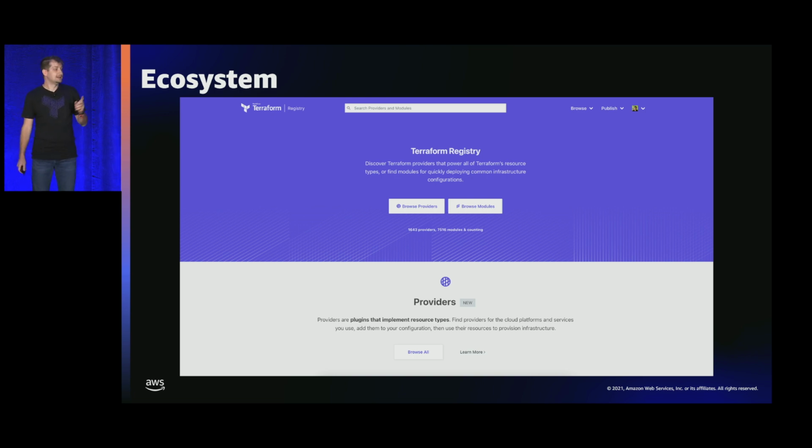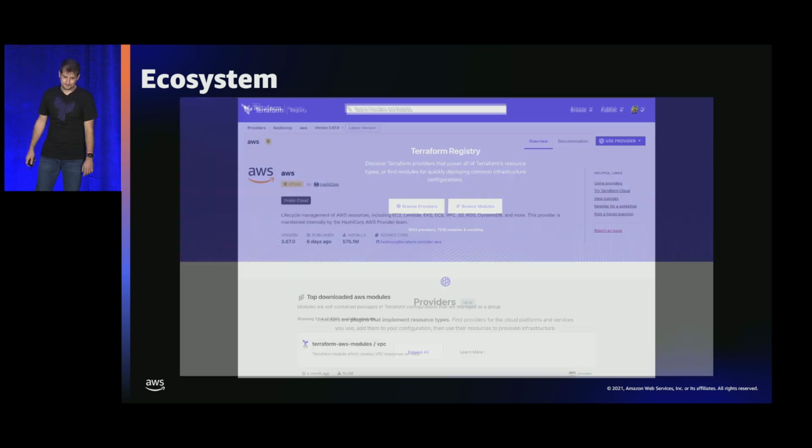So you can actually take a look at different reference architecture and look at this code on GitHub and other places and see how this is done. So you don't even have to adopt it. You could fork it. You could take a look at it. And I swear I learned something new just about every time I go to take a look at a module or take a look at a provider. It's really, really a lot of fun.